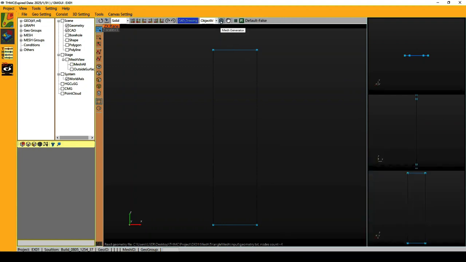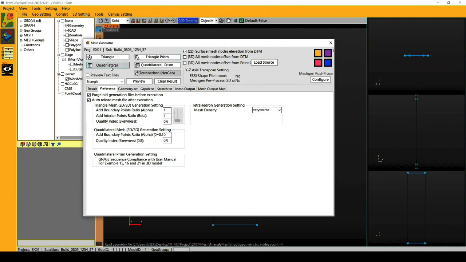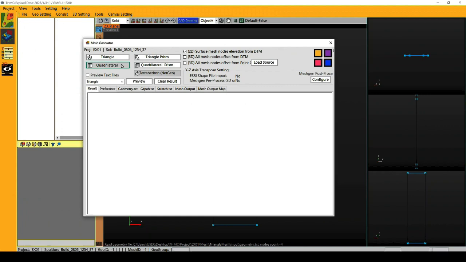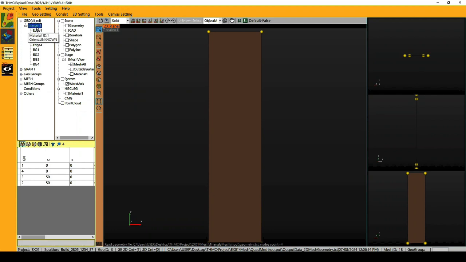Click on the Mesh Generator tool located at the top of the window. In Benchmark Problem 1, the area of interest is composed of rectangular elements. Therefore, in the Mesh Generator window, click on Quadrilateral. After clicking on GEO, D1, N4, D1 means 1 domain and N4 means 4 nodes totally. In the panel, selecting Domain 1, you can see that 4 edges and 4 BGs, BG means boundary group,